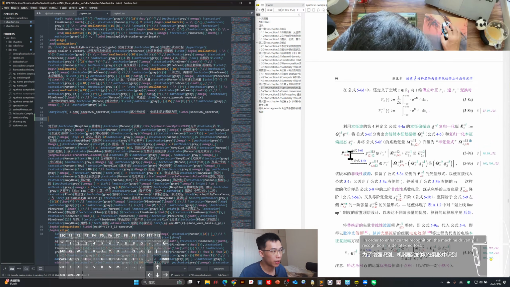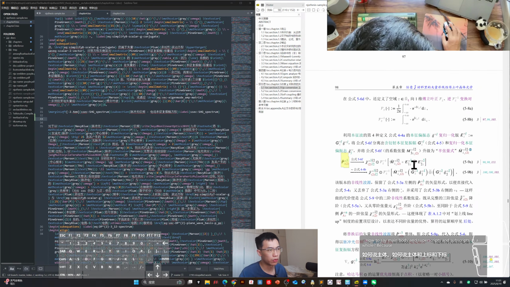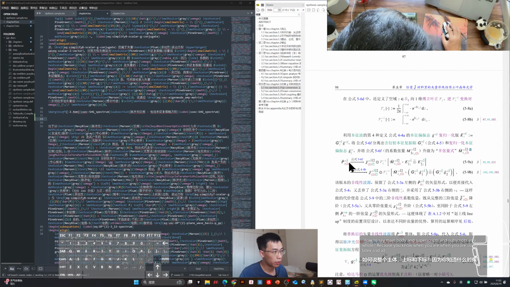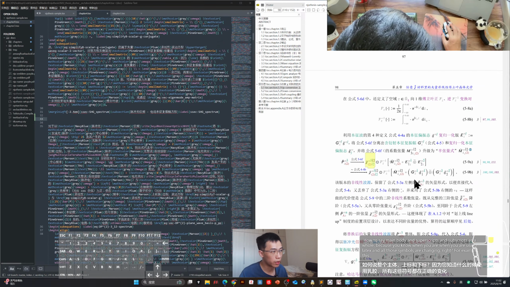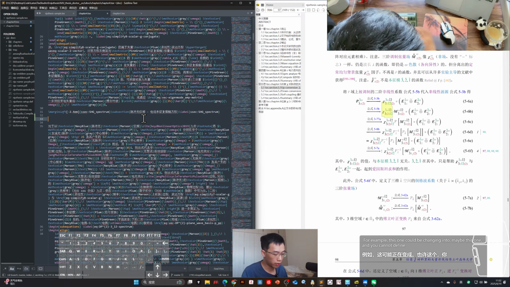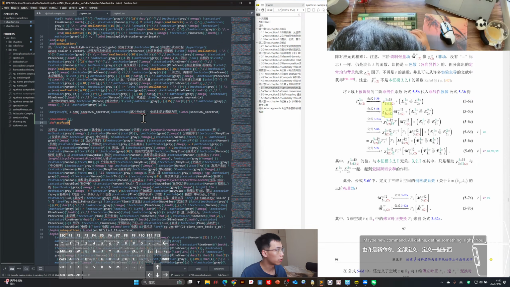The purpose of this movement is trying to find the main body and superscripts and subscripts as a whole, because when you are using LaTeX, all those symbols are changing, right? For example, this one could be changing into maybe this one, and you cannot define a single command, maybe a new command, or define something, right? You cannot do something like that,